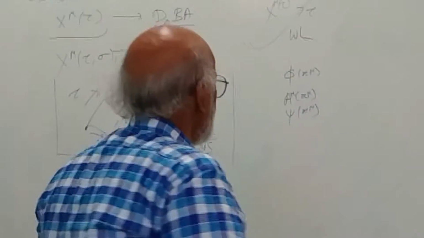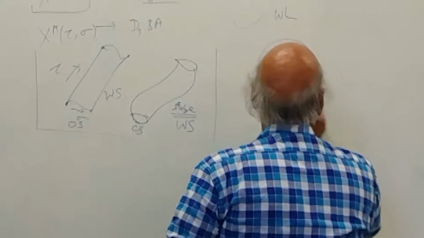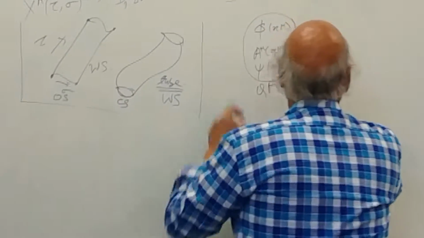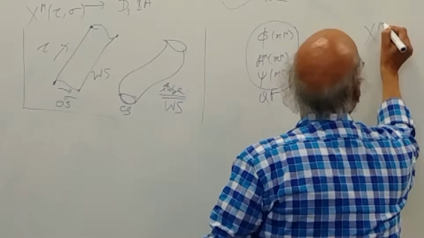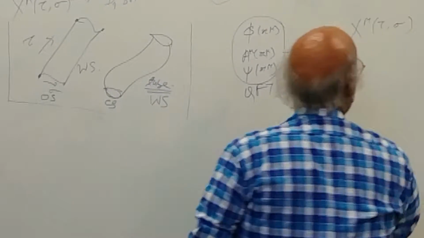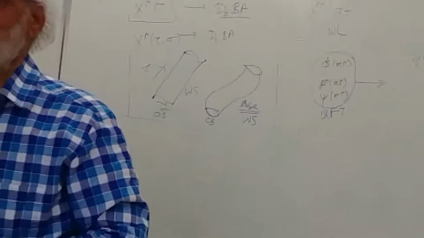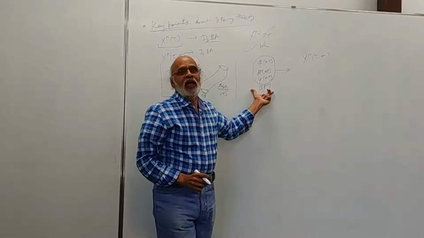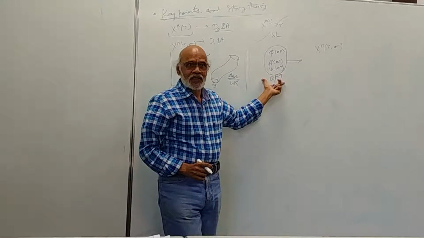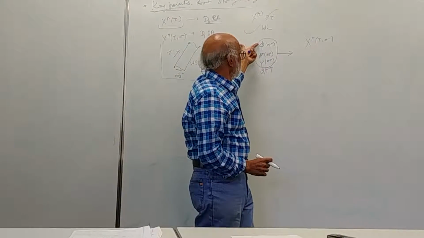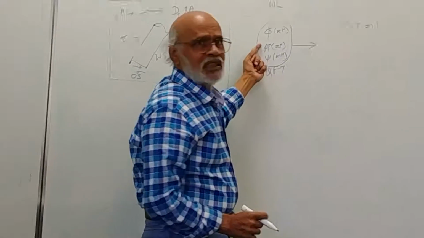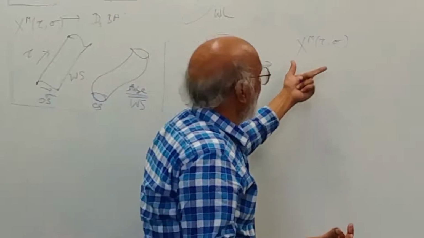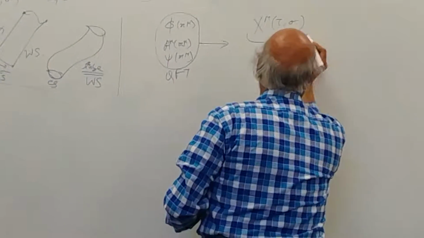So in conventional QFT, here we want to replace them. These were zero-dimensional fields. Okay, this is a boson field, this is a fermionic field, and this is a vector field, right? And now we want to describe